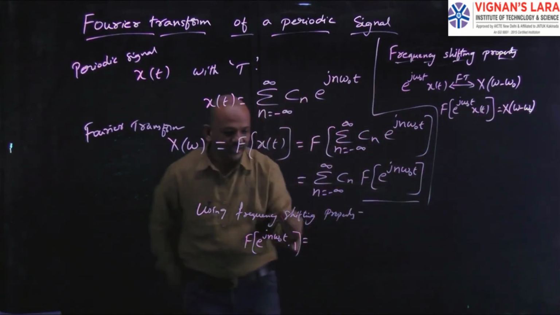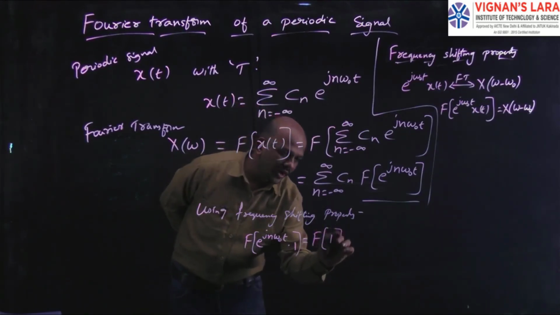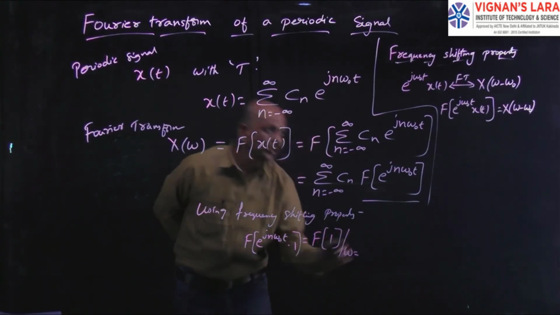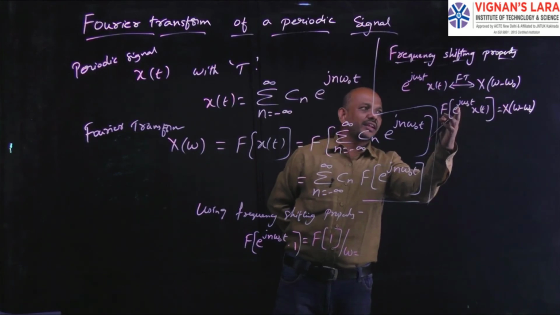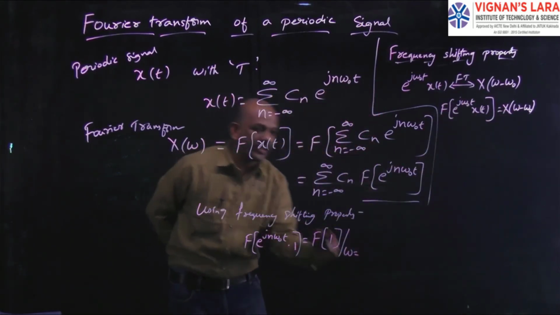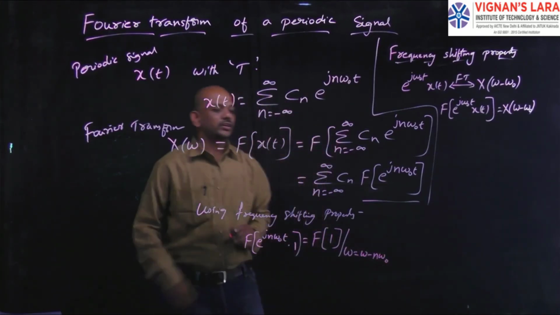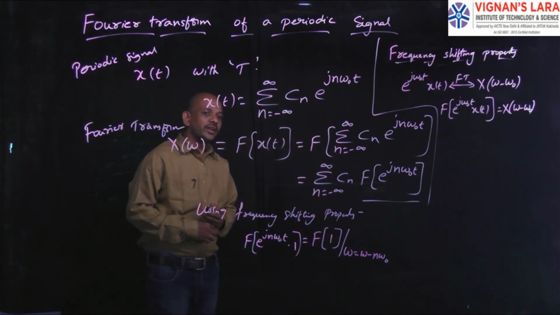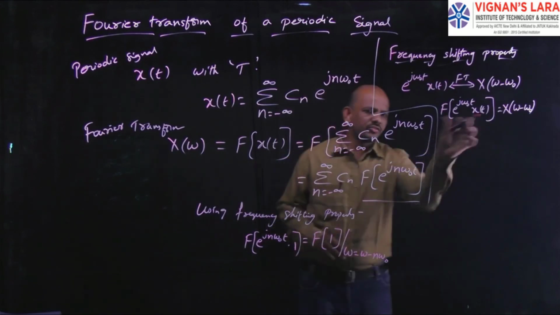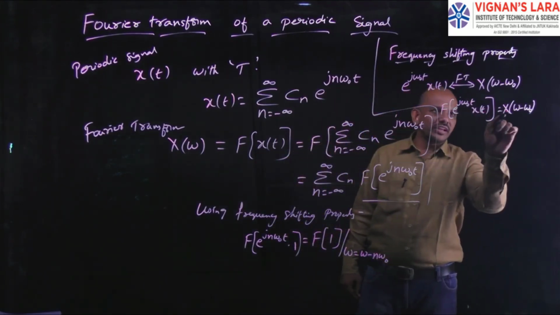In the same way, I can write the Fourier transform of 1 at omega equal to... so here we have omega naught, hence they are written as omega equal to omega minus omega naught, but here we have n omega naught, so we have to write omega equal to omega minus n omega naught. So observe this formula. The Fourier transform of e power j omega naught t into x of t equal to x of omega minus omega naught.